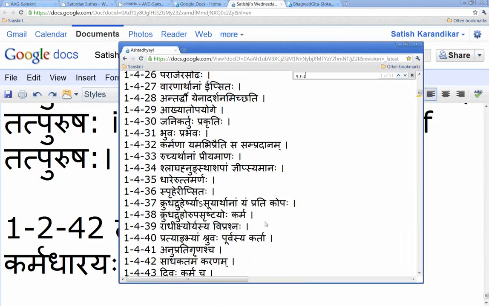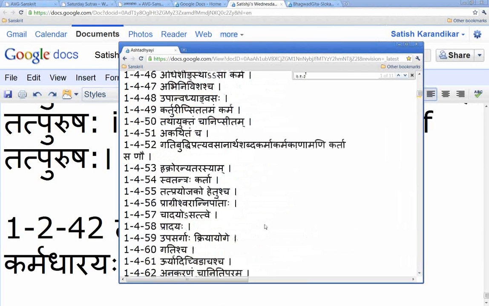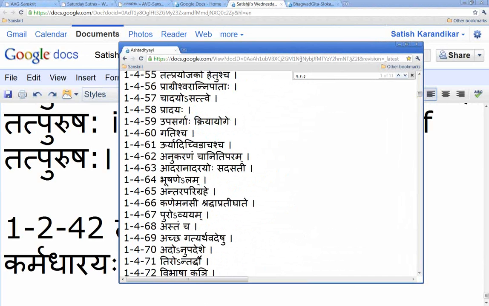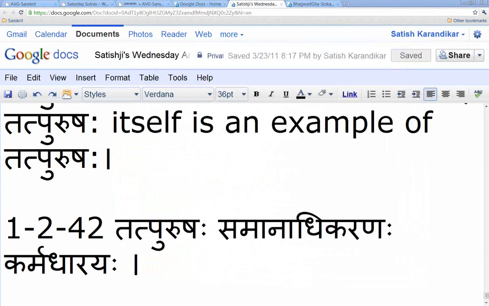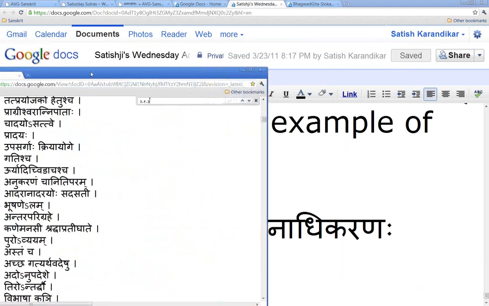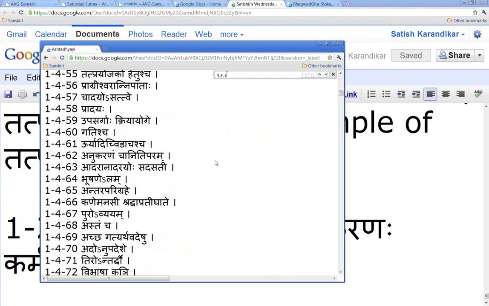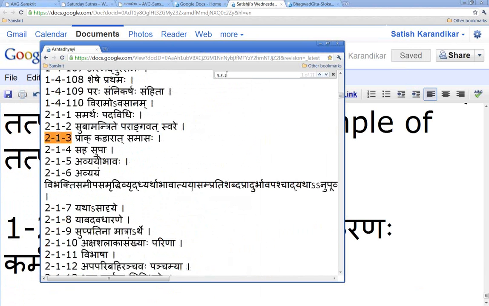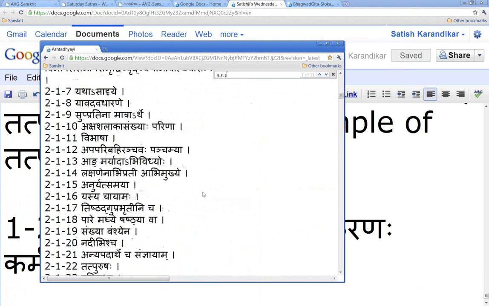But the point Kalpesh is making is that the samasa sanya does coexist with all of these: avyayibhava, tatpurusha, karmadharaya also, bahuvrihi and dvandva. But the dvandva you define outside the ekasanya adhikara. So that will also be coexisting. So you'll have a karmadharaya, which will also be tatpurusha, which will also be, of course, a samasa. Now, there's one more small thing which we won't go into detail: the karmadharaya itself has another subset within that, and we'll come to it later on.